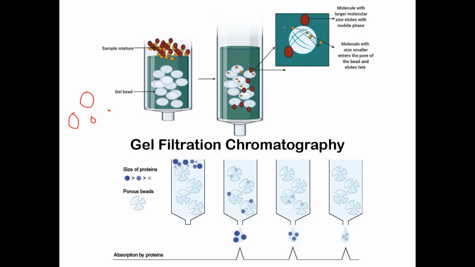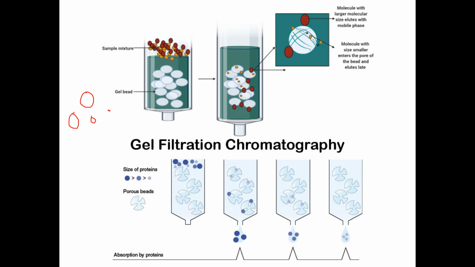The gel beads have small pores, and these pores are of a particular size. Now, the bigger proteins cannot enter these pores. So the molecule with larger molecular size elutes with the mobile phase. These bigger proteins will not enter the pores, but the smaller proteins get trapped inside these pores, and